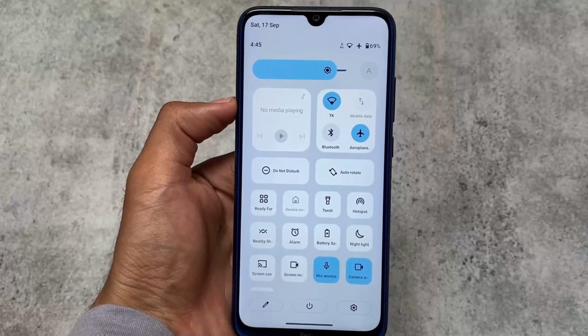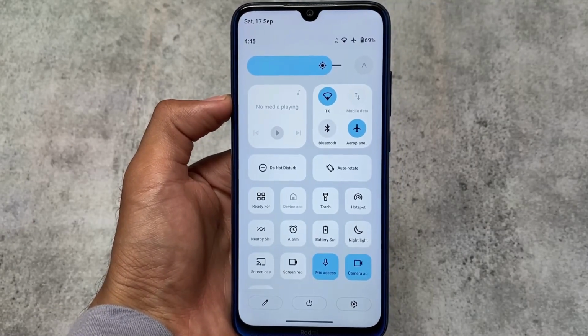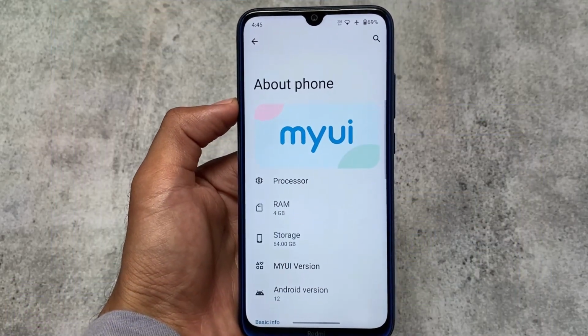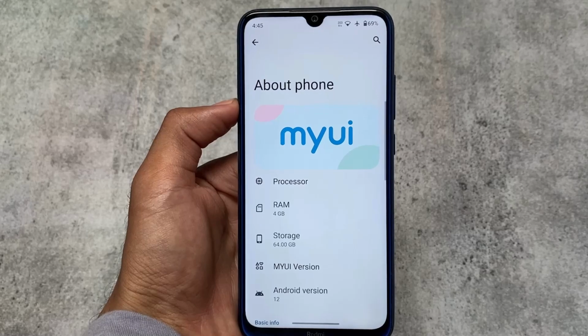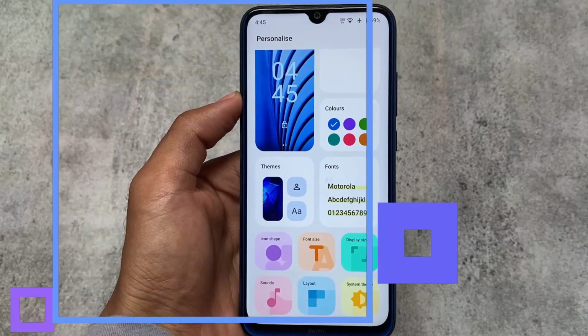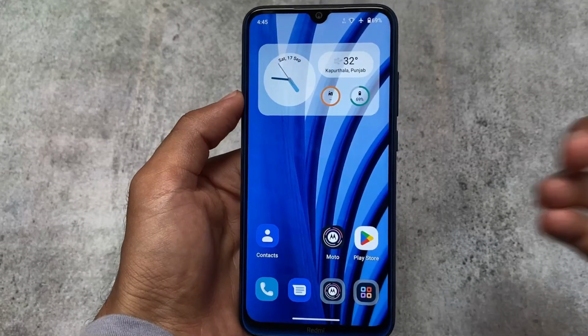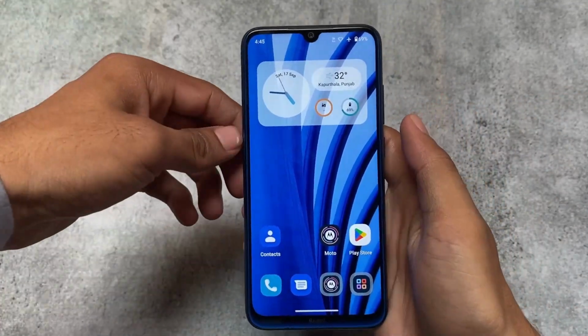So a different kind of UI basically, if you're using Android 12, Android 12.1, Android 13. Unfortunately, Google disappointed a lot of users. They were looking for something unique. Unfortunately, they didn't get it. But Motorola's MyUI, basically version 4.0 based on Android 12, as I've installed a ported ROM